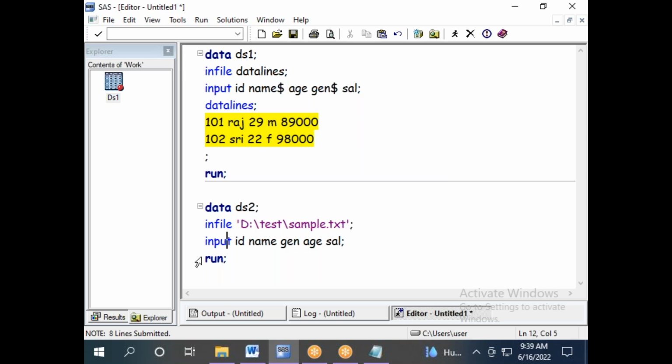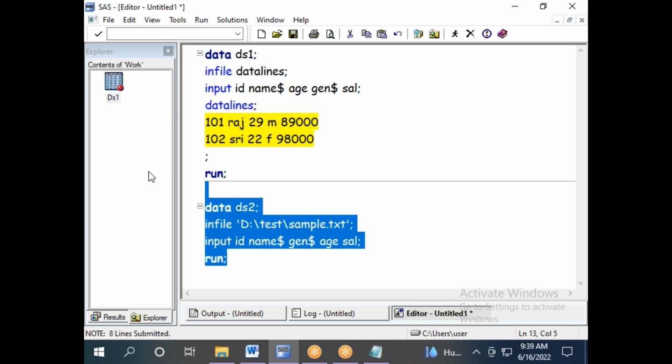Rule number 5, whenever you want to read alphabets or special characters, we have to give a $ sign after that variable name in the input statement. So now if you run the program here,